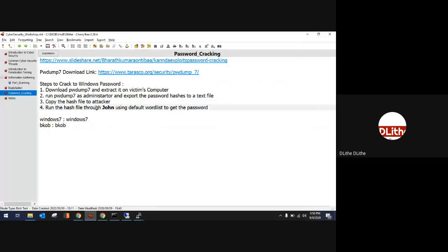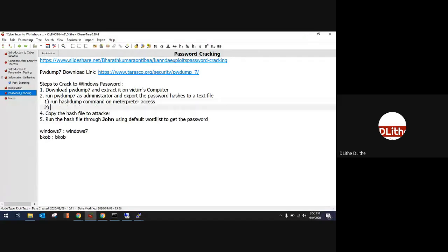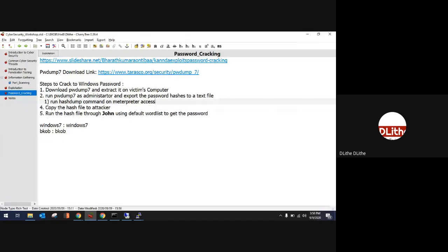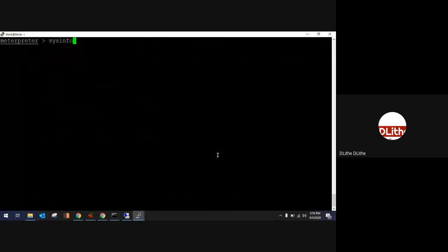One is either by running the dump on the victim machine, or you can run hashdump in your Metasploit. So whenever you get Metasploit access, you can do that one as well. You can run the command on Metasploit as well. I'm trying to do that one. Because the hashing format is not compatible with John, that's the reason I'm getting this issue.